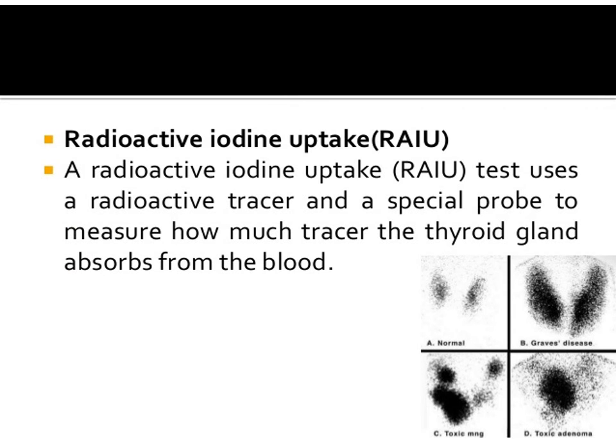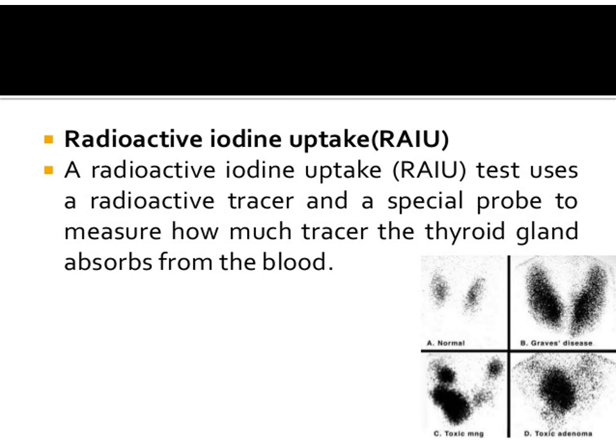The radioactive iodine uptake test uses a radioactive tracer and a special probe, and measures how much tracer the thyroid gland absorbs from the blood. Now this shows the normal thyroid gland, in which there is an equal homogeneous uptake in both of the glands. And what happens in Graves' disease? There is increased radioactive iodine uptake due to increased thyroid parenchyma. There is more uptake of